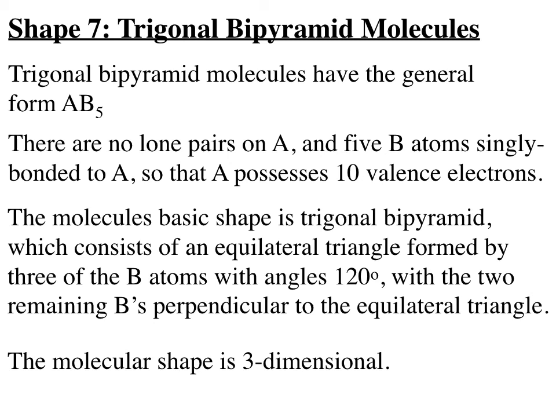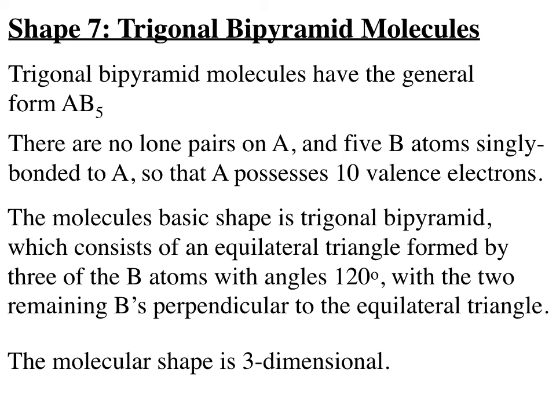And just thinking about bonding, we should immediately understand that the central A is hypervalent. How do we know that? Because 5 single bonds to B is 5 shared pairs of electrons with B, that's 10 electrons around the central A. So there's no lone pairs on the A and 5 bond pairs around the A, 10 valence electrons,